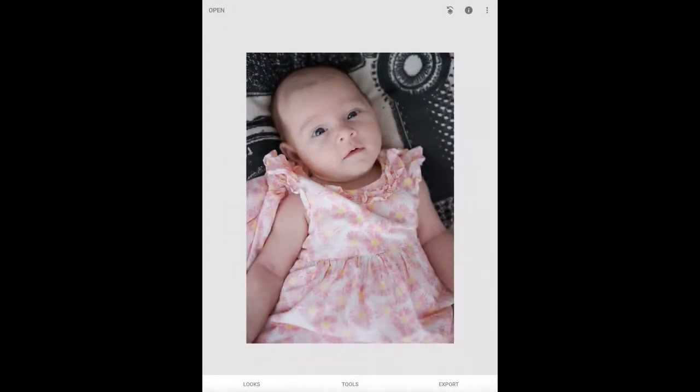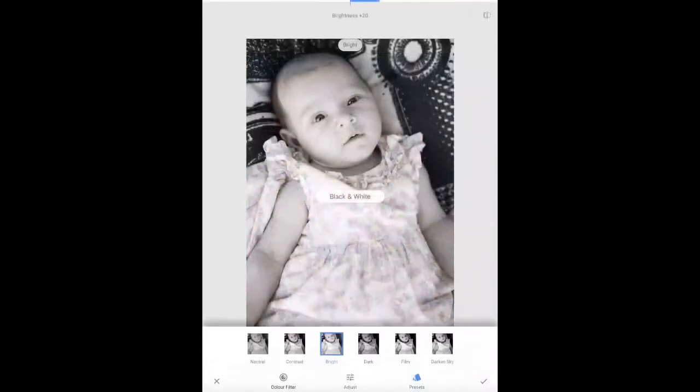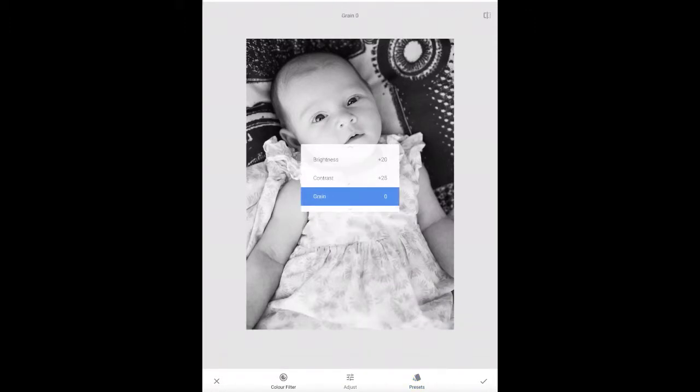I'd like to see how this image looks in black and white, so we'll go Tools, Black and White, and it's selected automatically. It's fallen on the one that I must have used last time, which was bright, but you've also got contrast, you've got neutral, you've got dark, film, etc. And with newborn babies, I think it's nice to keep them nice and bright. What I can also do though is take down the intensity slightly. So again, scrolling up and down on the screen, I can get to brightness and I can just take that